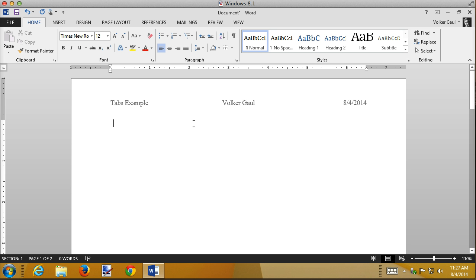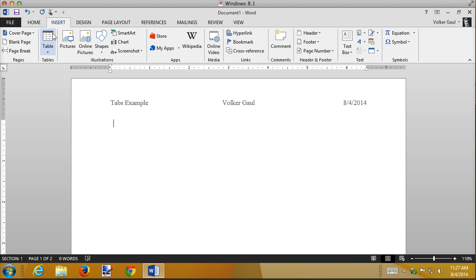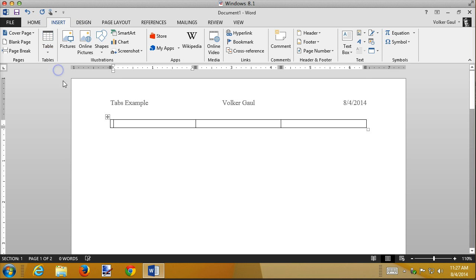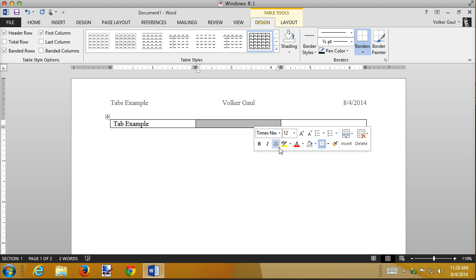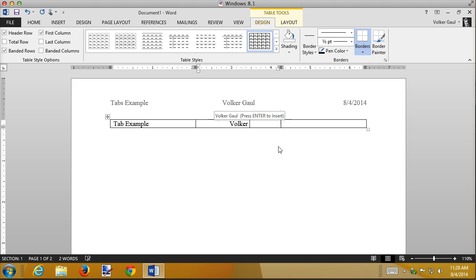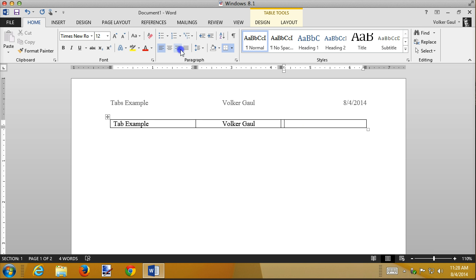Let's talk about tabs and a little more about concepts. Couldn't I do the same thing with a table? By inserting a table with three columns, I could set the word in the first cell, which could go in the header, of course, tab example. In the middle cell, I hit center alignment and type Volker-Gall, and in the last cell, do a right align and type the date. And it looks very, very similar. And if I then take the borders off of this table,